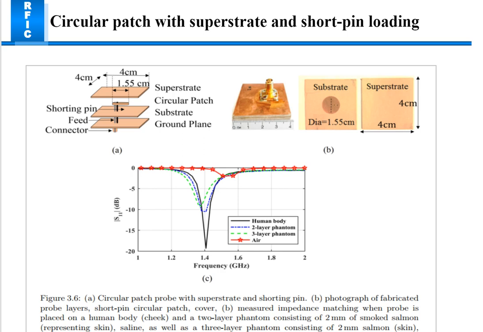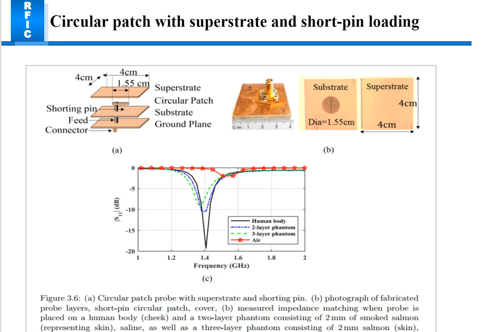that measures impedance matching when the probe is placed on the body, and a two-layer phantom also was used in this, of 2 of smoked salmon. And now I'm going to explain this figure. As you can see in this first figure, there is a circular patch probe with the superstrate